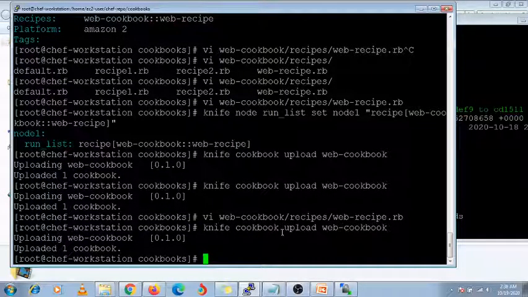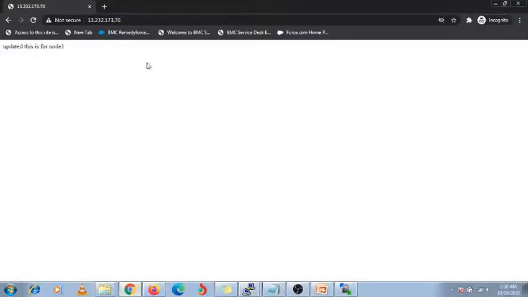We are uploading this cookbook, and under this cookbook we have already mentioned that only the web recipe can apply. Now you need to check, because we are not running shape-client on my node server. So you can check after 1 minute this page will be updated.